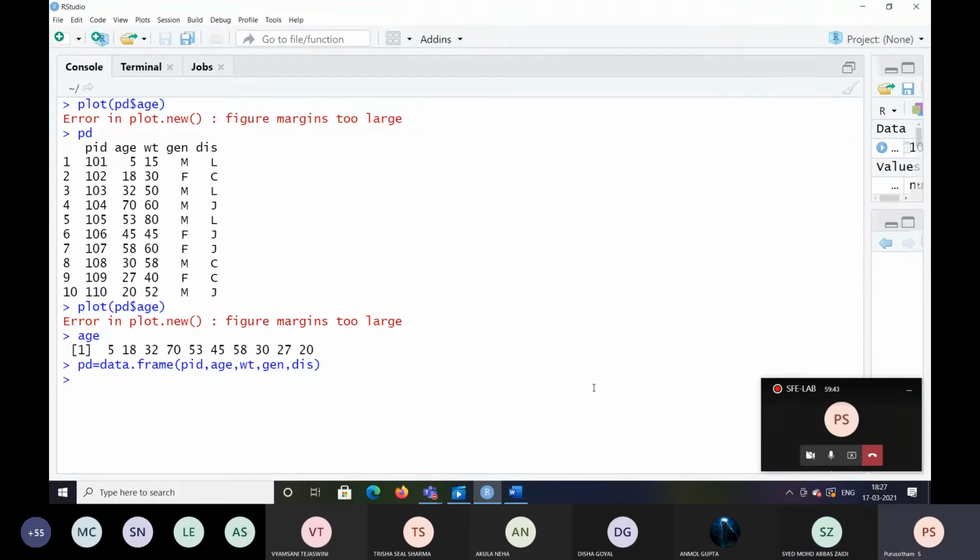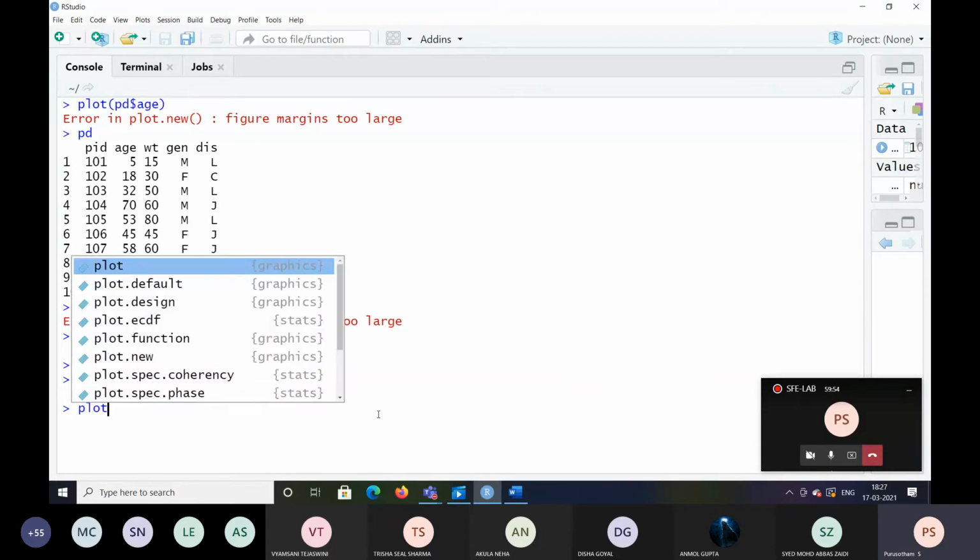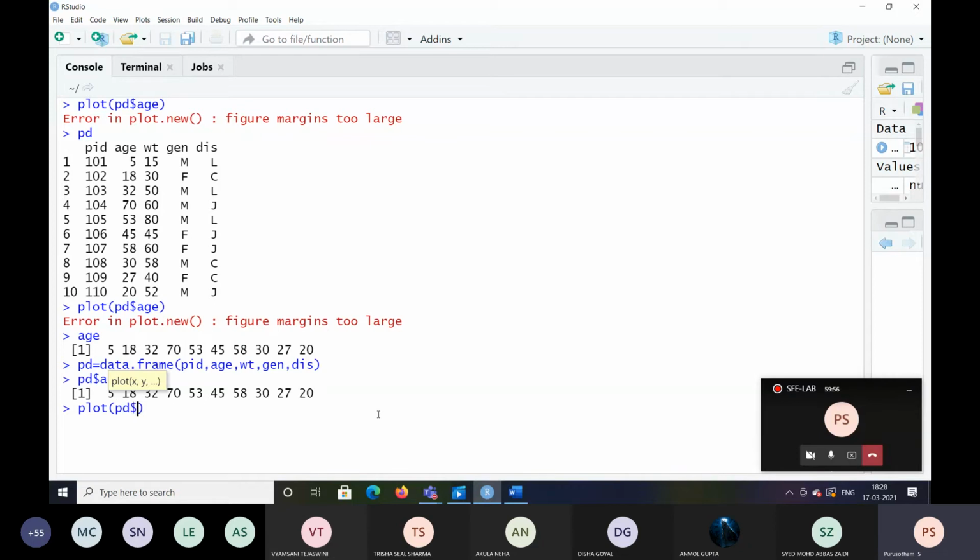Now you just call PD $age. Okay, sir. PD dollar symbol. Now go to the plot of PD $age. PLOT, open the bracket. Press enter. Error in PLOT.new. Excuse me, sir. Yeah, please.